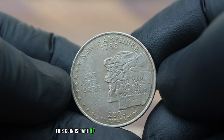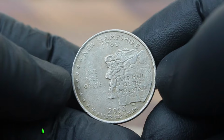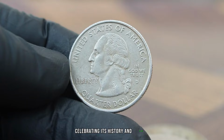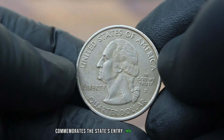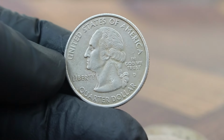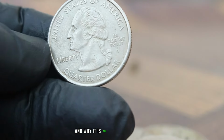This coin is part of the celebrated United States Mint's 50 State Quarters program, a series launched in 1999 to honor each state with a distinct design celebrating its history and culture. The New Hampshire Quarter commemorates the state's entry into the Union in 1788, making it the ninth state to ratify the Constitution. What immediately sets this coin apart from others in the series, and why it is so highly valued